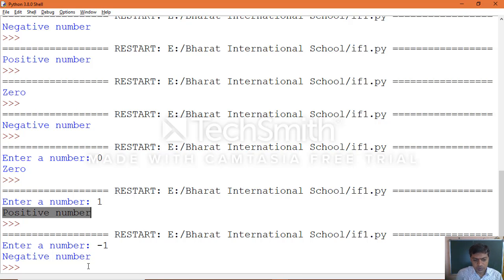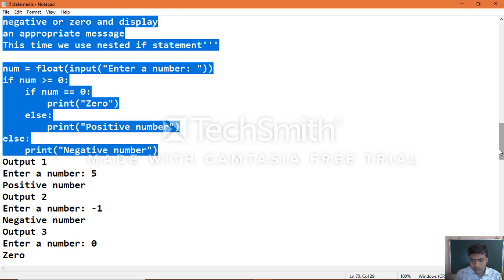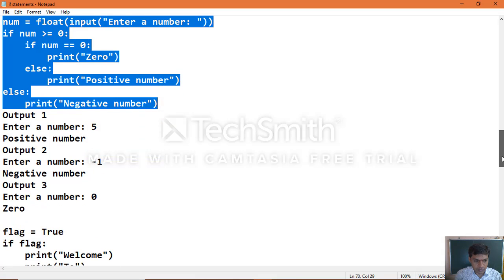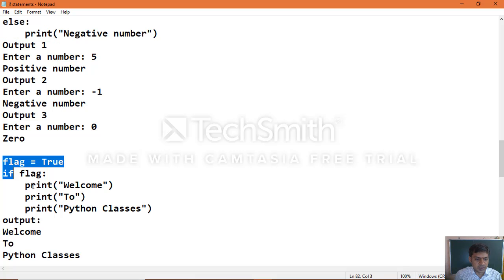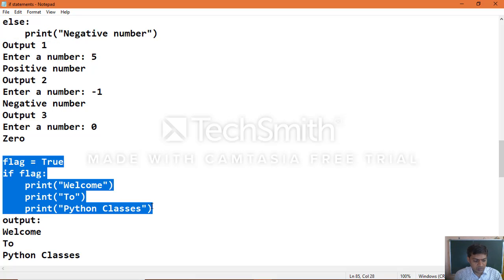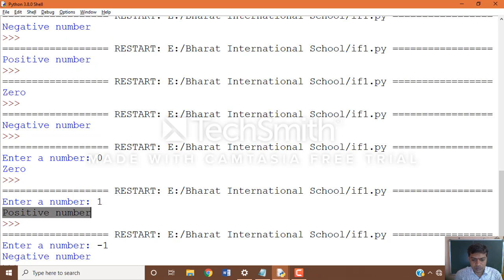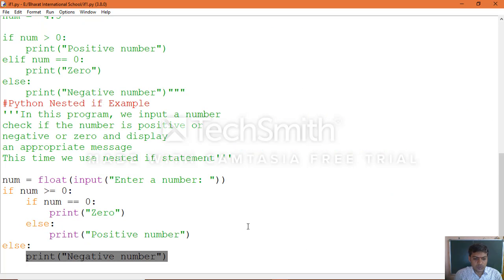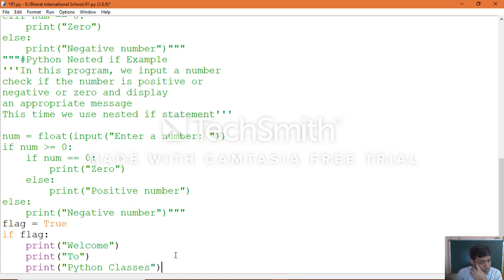Okay, so now we'll proceed with another example. There is another type of value, the boolean value, which you can see, and how we can make use of it.